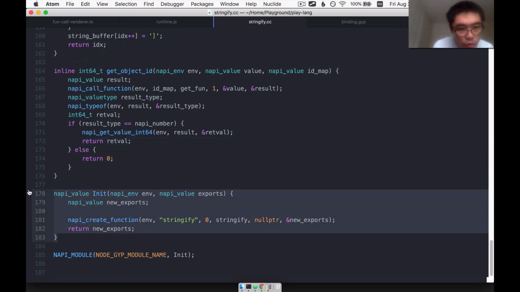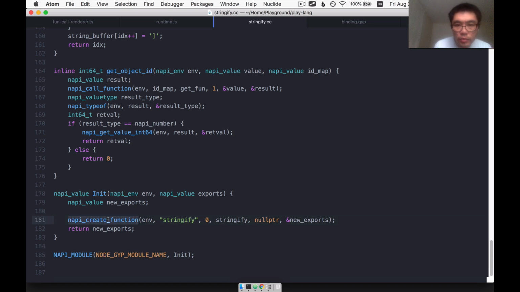So first you initialize your module with the init function, which must have this signature, and then inside the initialization you can do a few different things, one of which creates a function. I want the default export to be this stringify function rather than a property. So the way you actually use it is